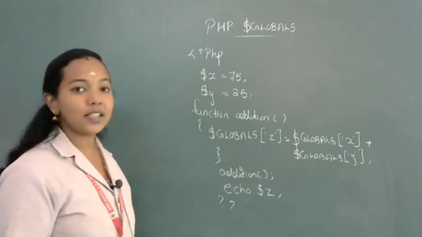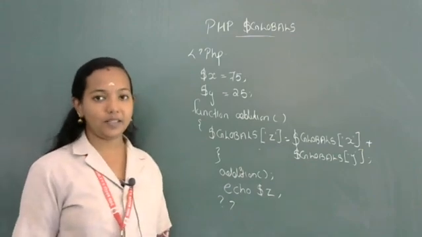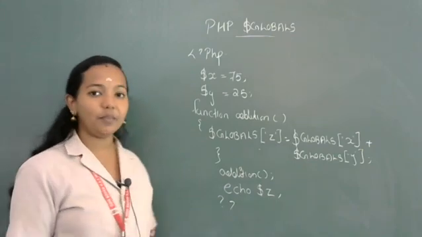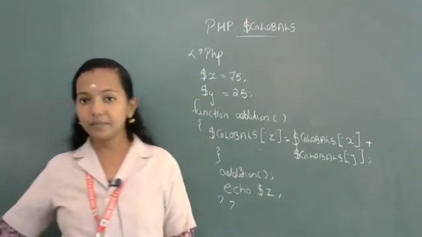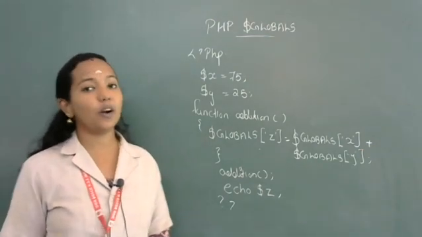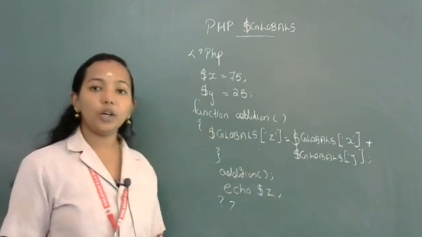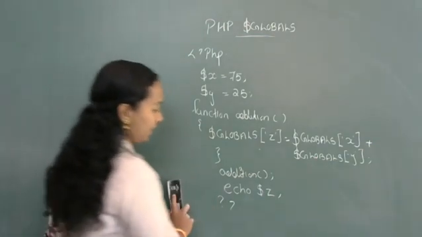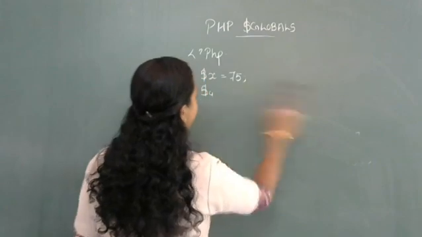Clear? So this is $globals. We are declaring a variable as global. Clear? So this was our first super global array, $globals. Then next one,